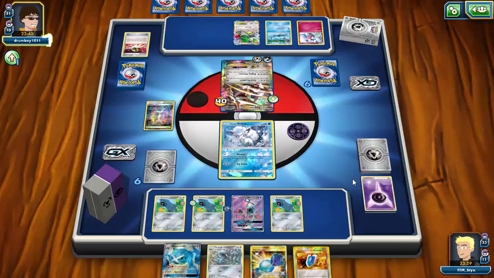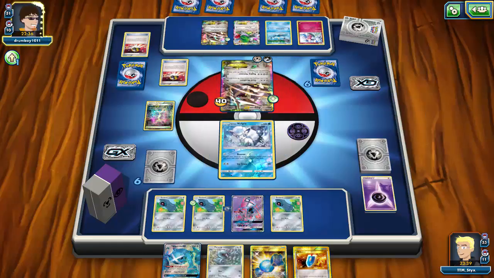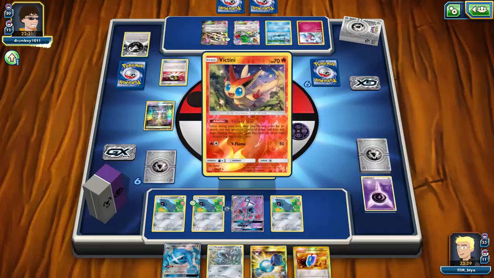And we even see the Reverse Valley. So my opponent, all he needs is one more Shield Energy. And I will need a Choice Band to even get a 2-hit knockout. This is not looking particularly good. I mean, if I was...